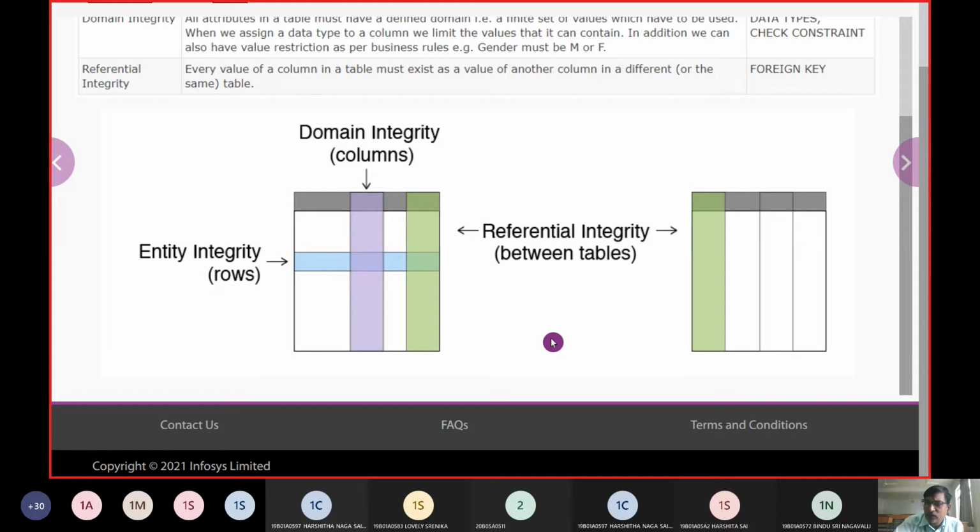Now I have table 1 and I have table 2. I want to establish a relationship between table 1 and table 2. So obviously we need to have referential integrity. Between tables, for linking two tables, we use referential integrity keys, and those we call foreign keys.